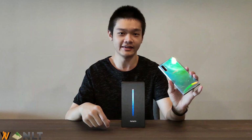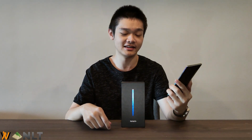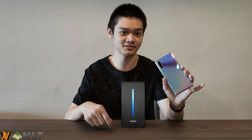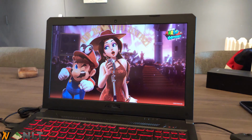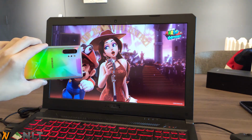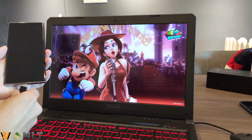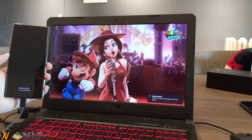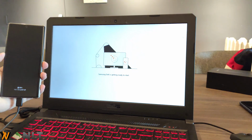Another brand new change that Samsung has done is the Samsung DeX itself. So you no longer require a dock to use Samsung DeX. You can just plug in a USB-C cable to your laptop or desktop and you can use it like a virtual desktop. So I find it to be really interesting, but you do need a desktop client for it to work. That's kind of expected, but I do think Samsung can further improve this by just taking a small chunk